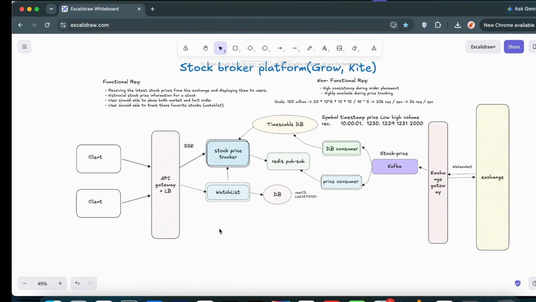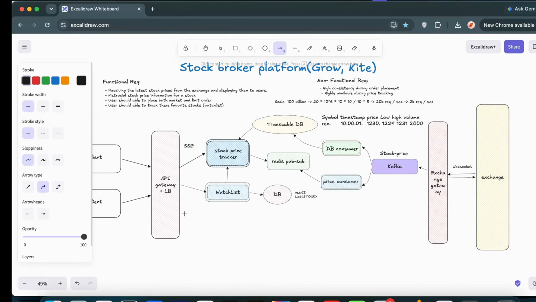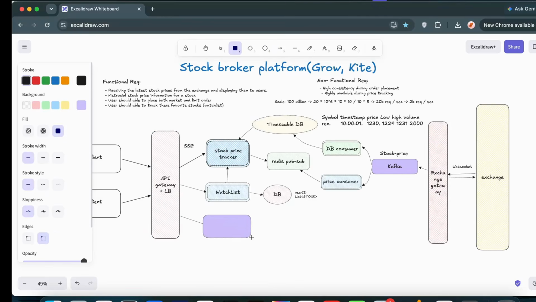Now our next task is accepting the orders from the clients, and we have to ensure that those orders get placed on the exchange, whatever status we get, whether accepted or rejected. We have to process it and send a notification to the clients as well. For that, as the client starts making requests, we'll receive all the orders into the order service. Here we have this order service